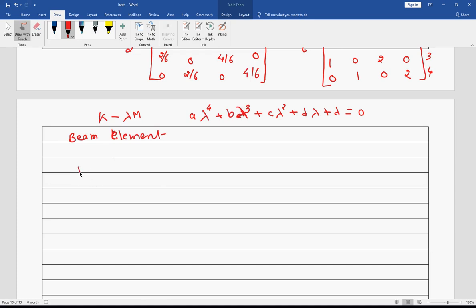Okay, so the mass element matrix in this case will be the integration from minus 1 to 1. Instead of N, now it will be H transpose H, multiplied by rho, area of element, length of element by 2, and d psi. So this is what is going to be required. So basically dV gets converted into this form: A LE by 2 d psi, and the rho is there.